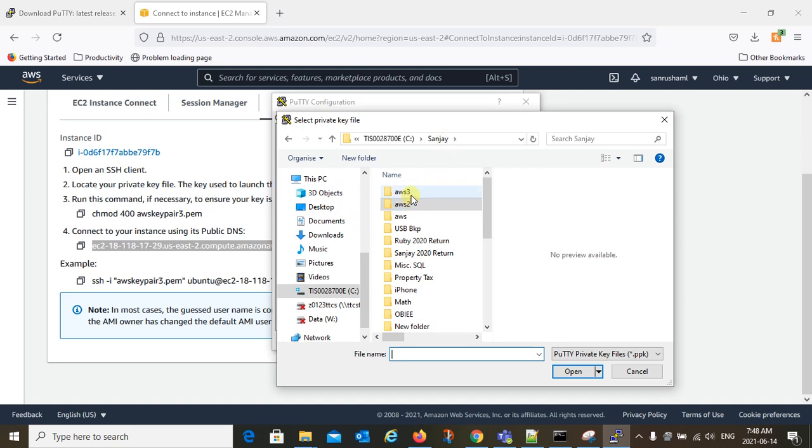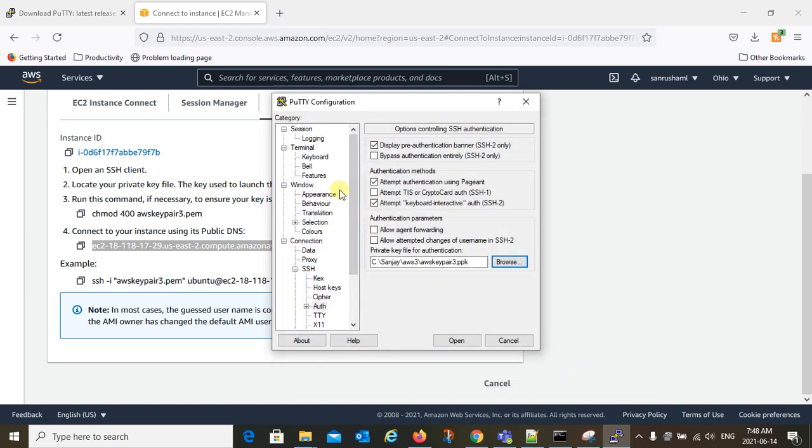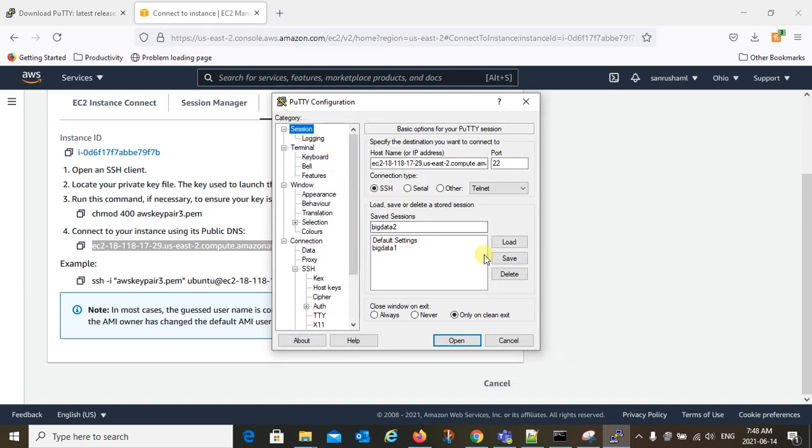In my case, I remember saving it in AWS 3, and this is the key pair AWS key pair 3. All good to go. Save this, so next time when you log in, you don't have to do all that. You just click on big data 2 or whatever name you gave here, and you can connect.